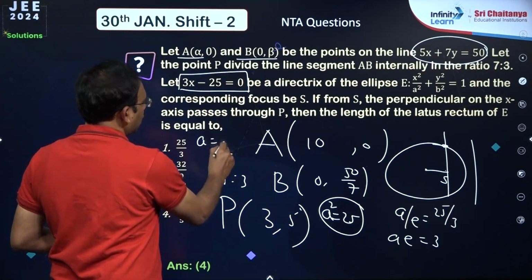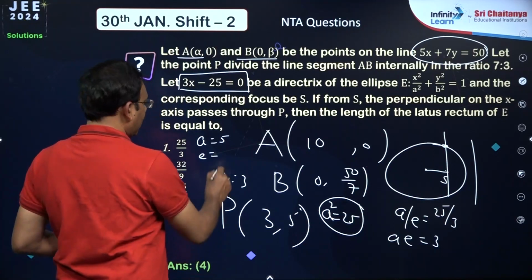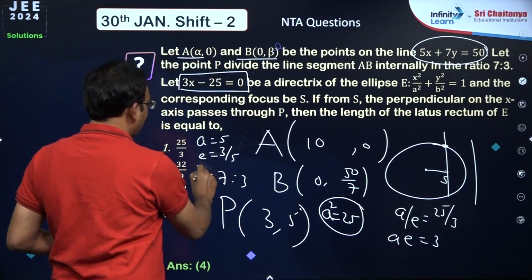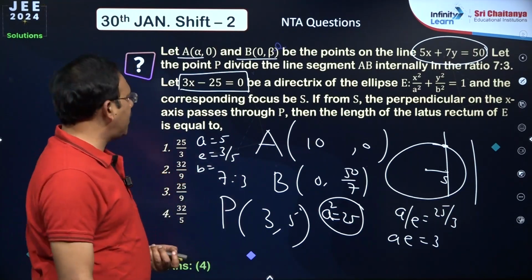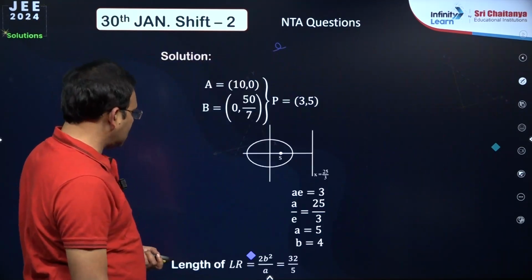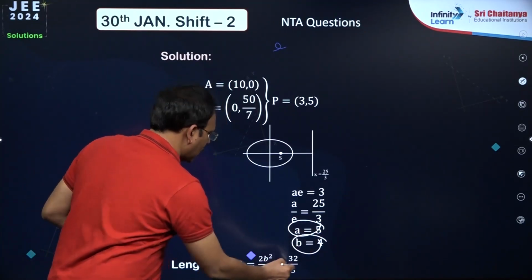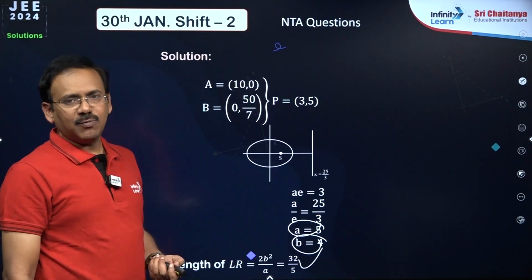If a is equal to 5, e is going to be 3 by 5. So you can find b from here, right? So once b is known, length of the latus rectum is 2b square by a. That's what it is given, my dear friends. So a is 5, so b is 4, you got 2b square by a is 32 by 5 is the